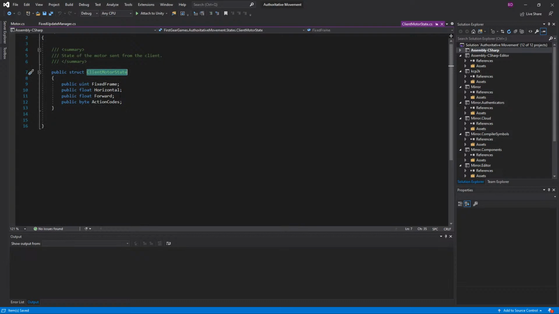So what we have here is we have FixedFrame, which is the frame that it ticked on, or which the input was sent on. And I have the inputs, which is horizontal and forward. Then I have action codes. I do not think I'll be using the stream because I don't think I'll have time for that. But the action codes are basically going to be things like sprint, jump, etc. In order to re-simulate a state properly, you have to store everything that was called on that frame or used on that frame. So, for example,